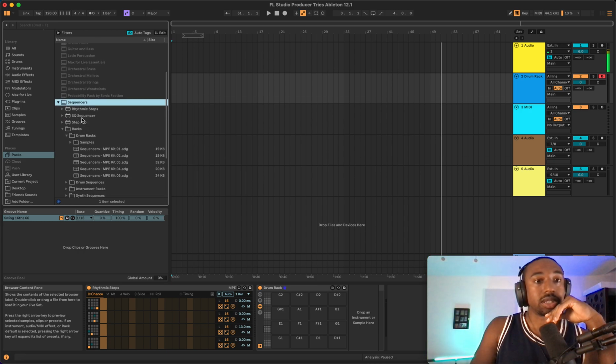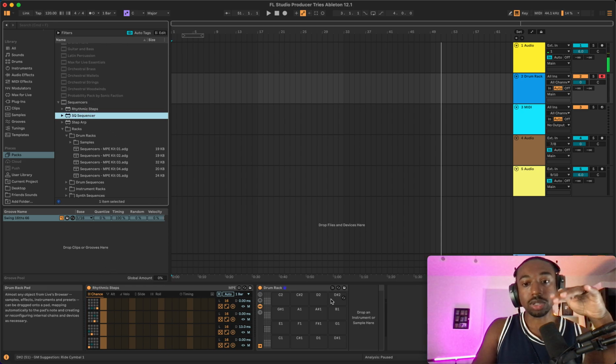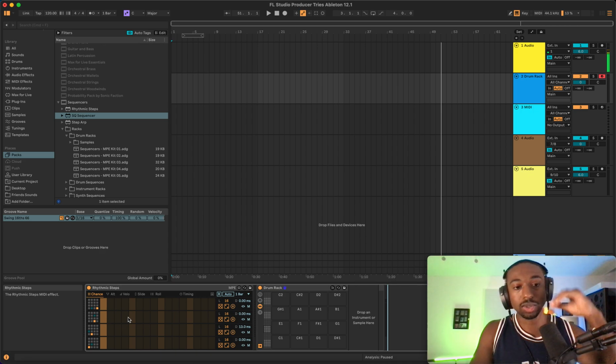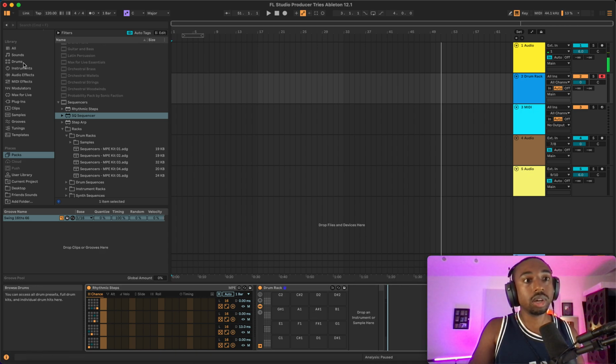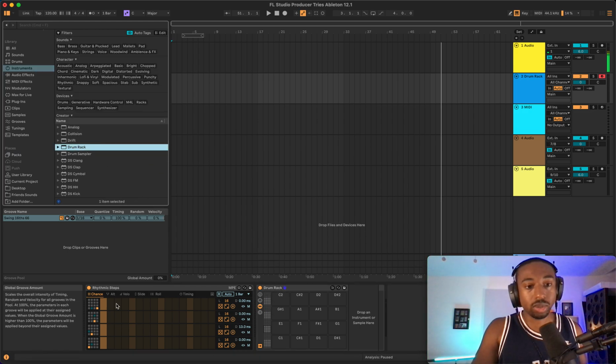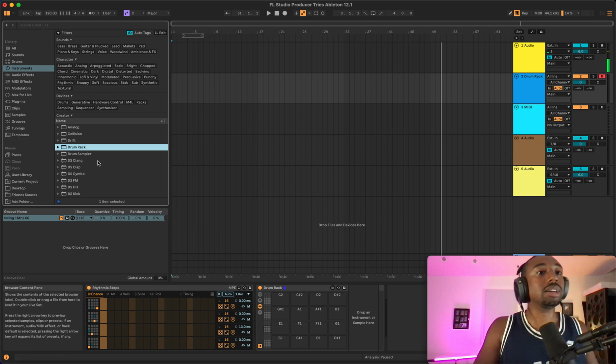All right, so what we're gonna do is grab the sequencer from here and drag it straight into your channel rack, whatever this is called. We're going to use this to trigger stuff in the drum rack. So now we need to load a drum rack. Go to instruments, go to drum rack, drag that down. Your screen should look like mine, where you have a rhythm thing and then a drum rack. Nobody made that very clear.